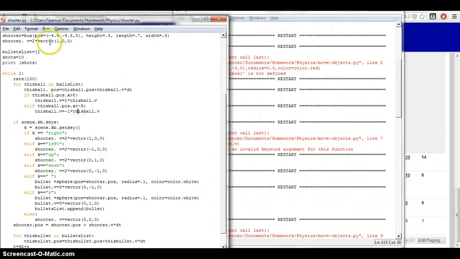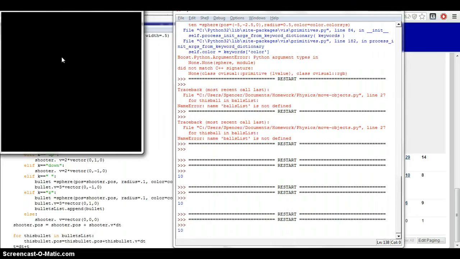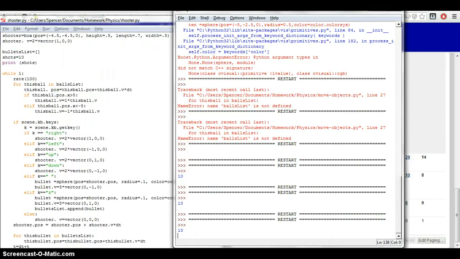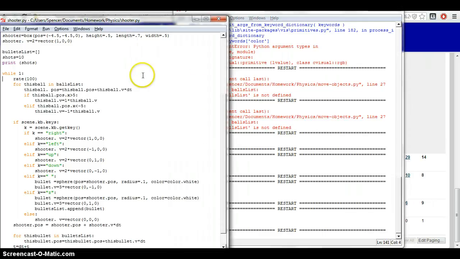I'll actually do this first. Don't know if it's actually how it's supposed to be, but at least it runs, I think. See if it comes up. Oh, hello. So we got this going. So that's kind of exciting, but still trying to get it to work out perfectly. I'm not that great at this kind of stuff.